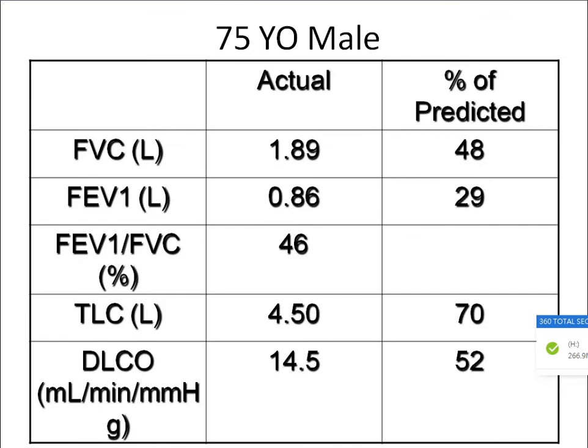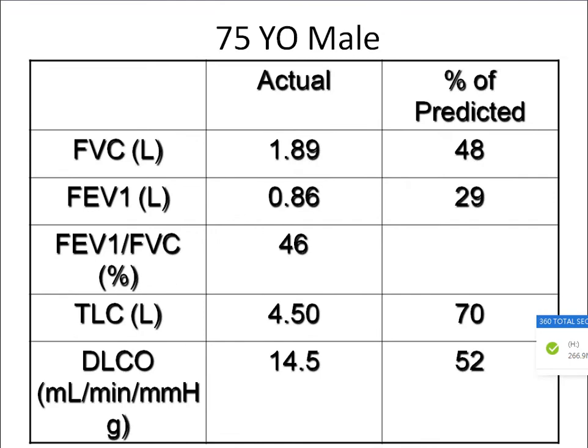You see one more flow chart. A 75-year-old male patient presented with this flow chart. FEV1 by FVC ratio is 46%. Decreased. Decreased means there should be some obstruction. Then you see FVC, forced vital capacity, 48% predicted. FVC is also decreased. You see forced expiratory volume during the first second, percent predicted 29. 29 is severe. It means severe obstruction is there.